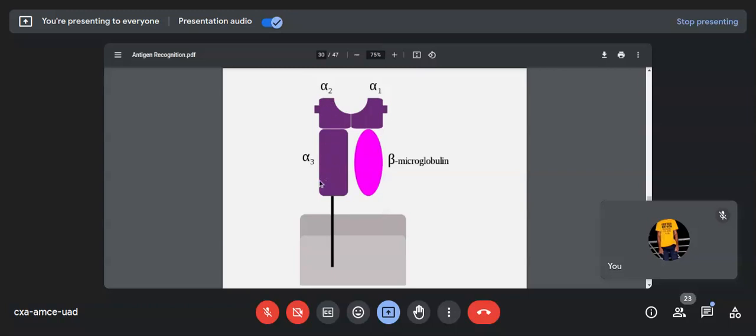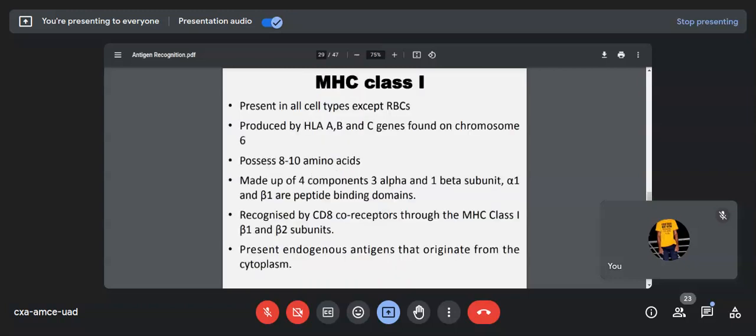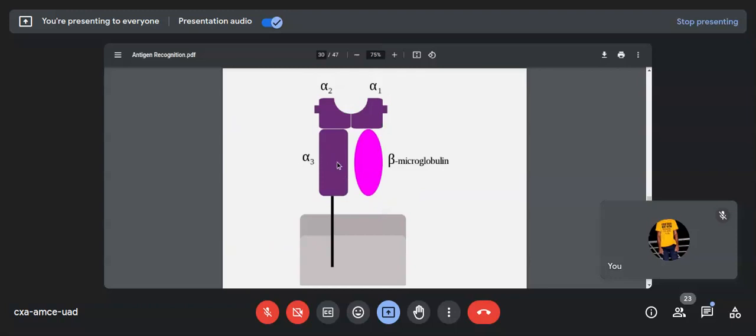Okay, so now A3. This is basically the part. Let me show you this side. Okay, let's talk about it. On A3, this is the part where the